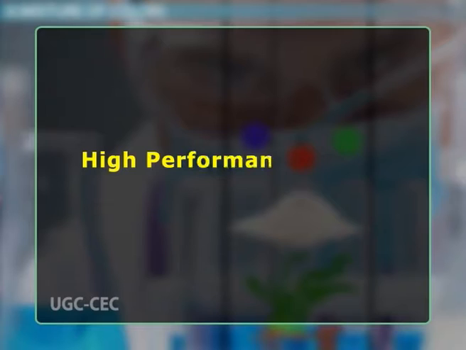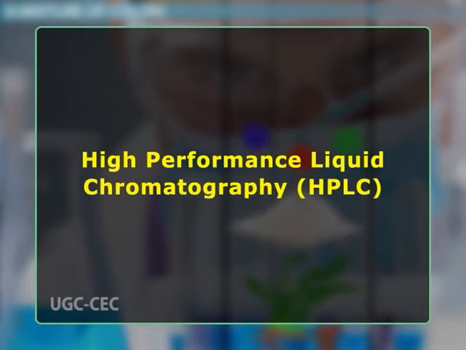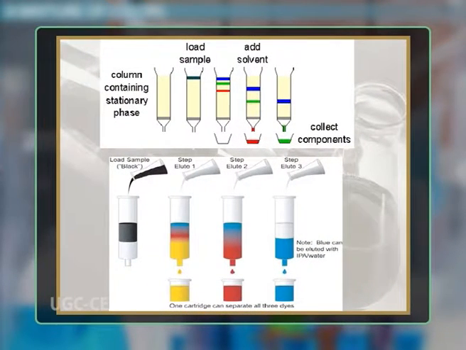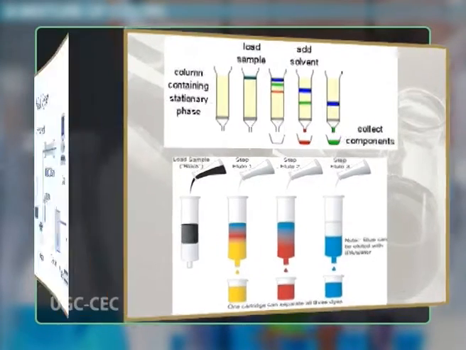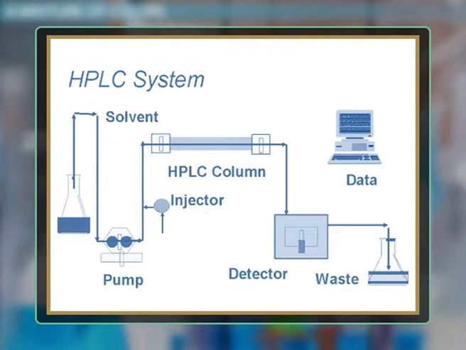Now, a brief discussion about high-performance liquid chromatography, which is also known as HPLC. High-performance liquid chromatography, HPLC, formerly referred to as high-pressure liquid chromatography, is a technique that analytical chemistry uses to separate, identify, and quantify each component in a mixture. It relies on pumps to pass a pressurized liquid solvent containing the sample mixture through a column filled with a solid adsorbent material.